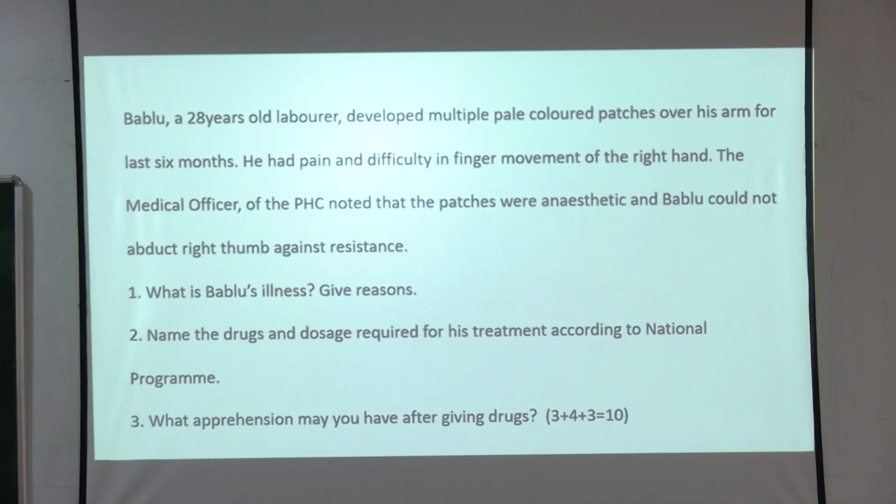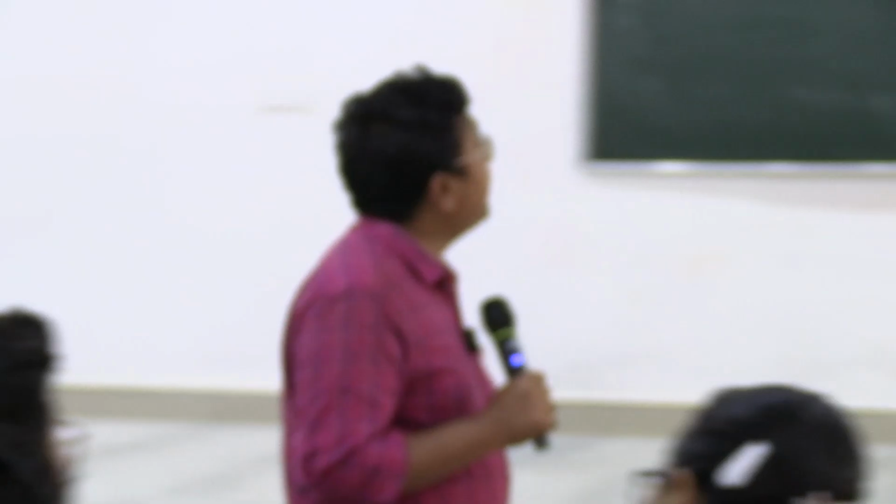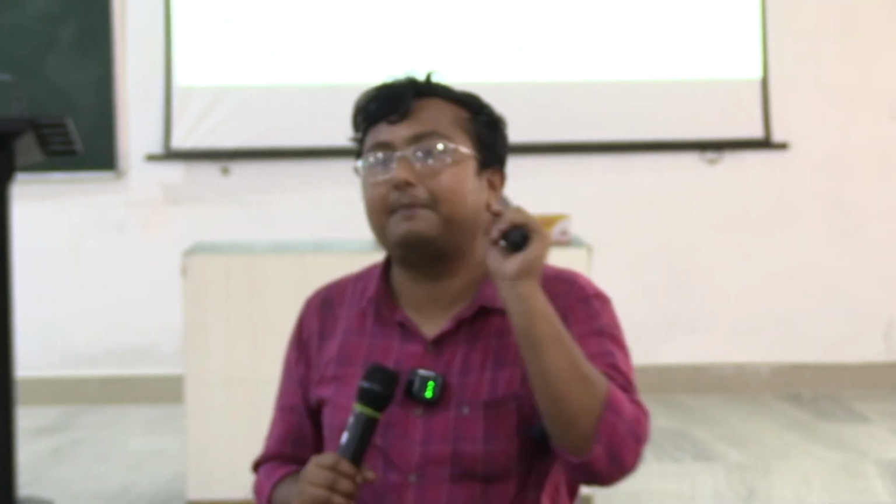Patches. So the person is suffering from leprosy. Multiple patches, pale colored patch. And for reasons you have to again talk about these 2 points, and if the patient has these patches, they will be